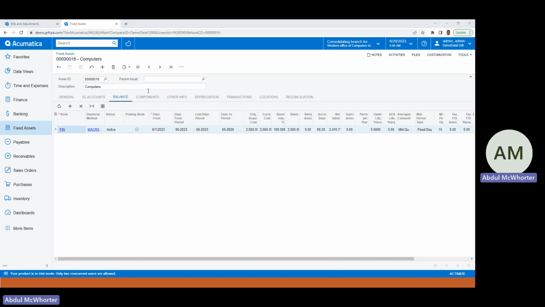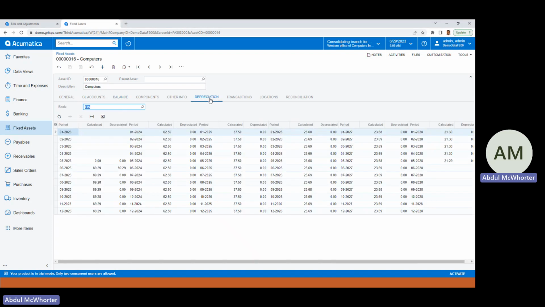And so next, let's take a look at the depreciation history tab. And here you get a view of the detailed depreciation information. You can see the entire schedule for the life of the particular fixed asset. And in this case, you can also take a look and view the calculated depreciation versus